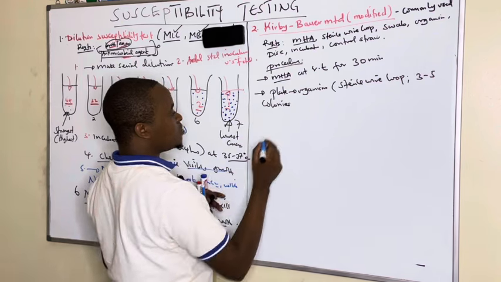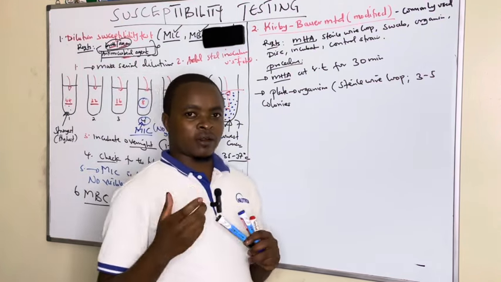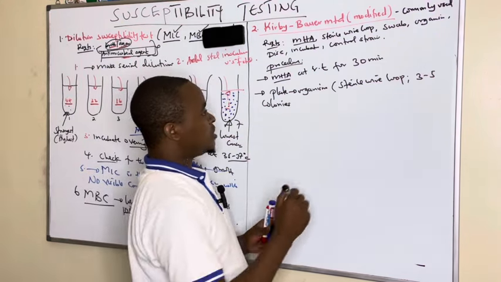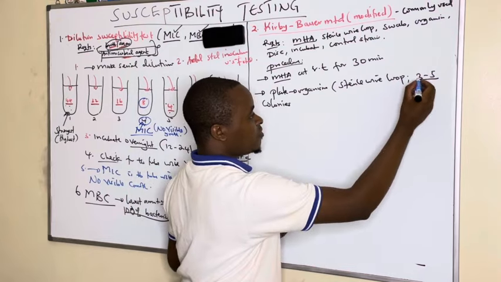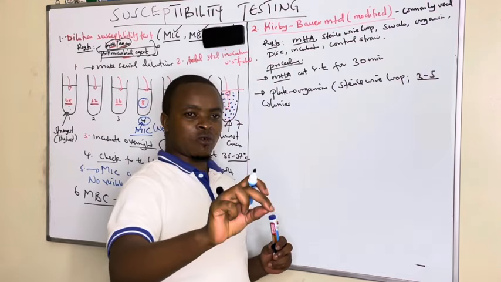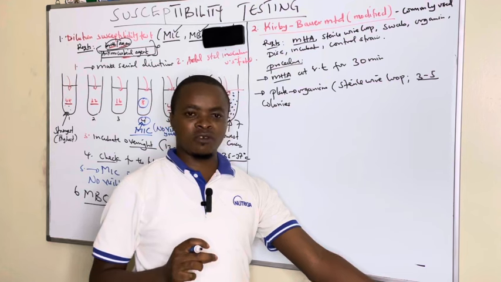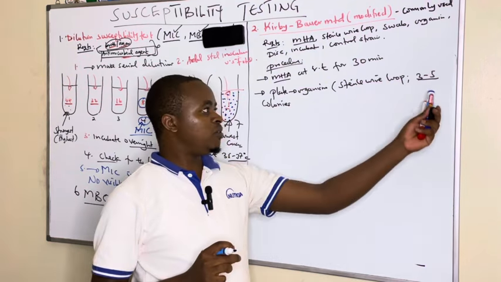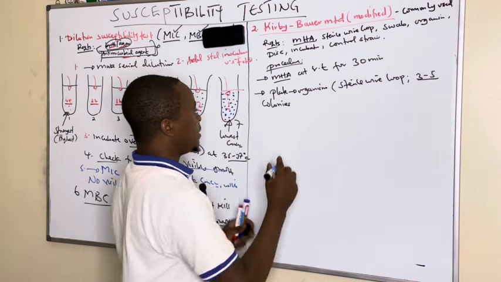These colonies should be of the same color and growth. After heating the wire loop red hot, we touch 3 to 5 colonies